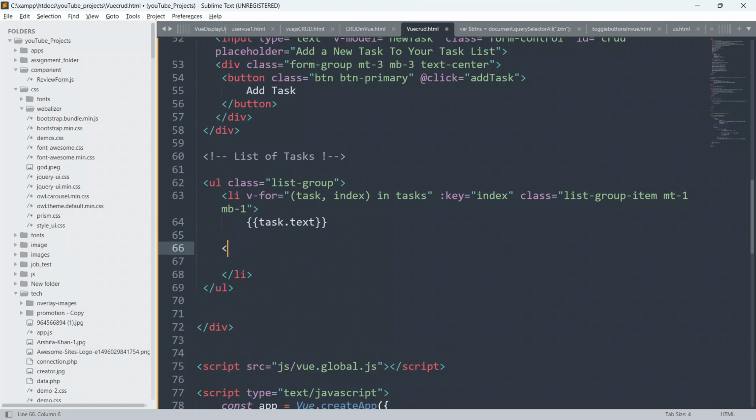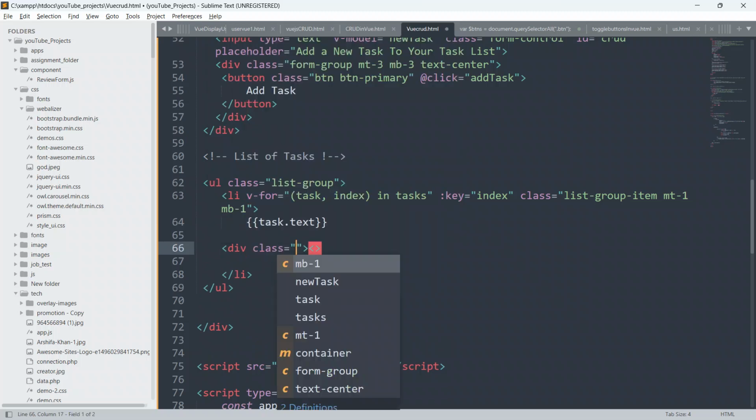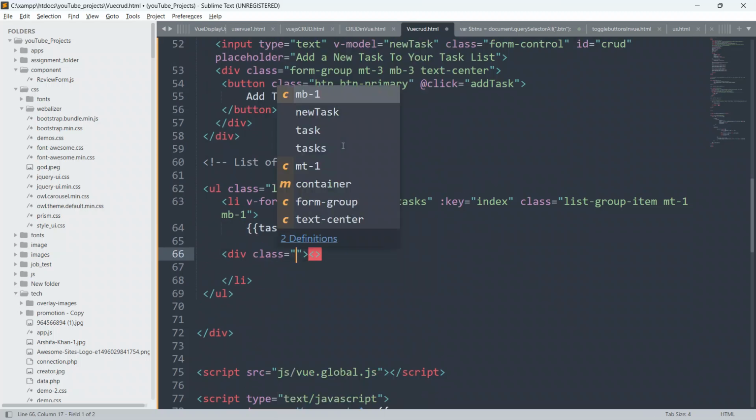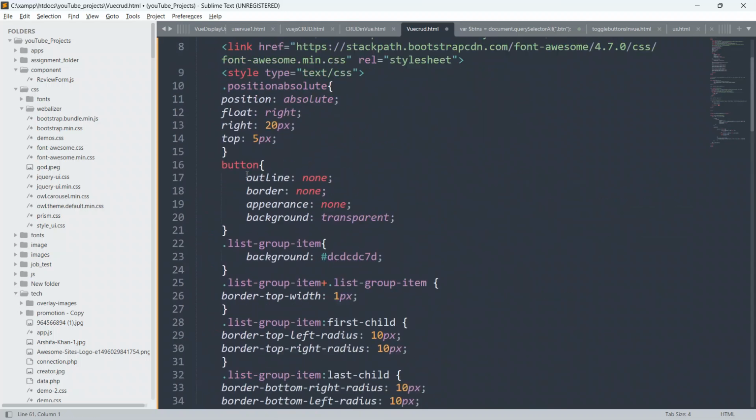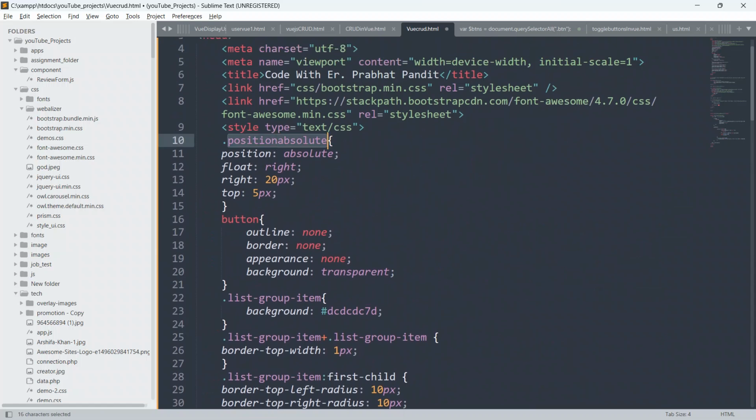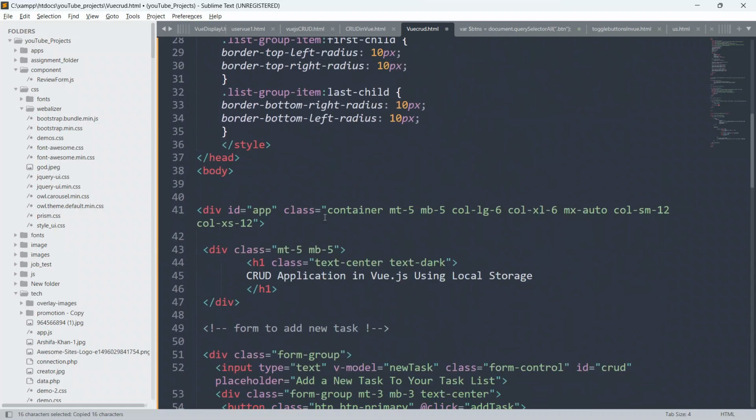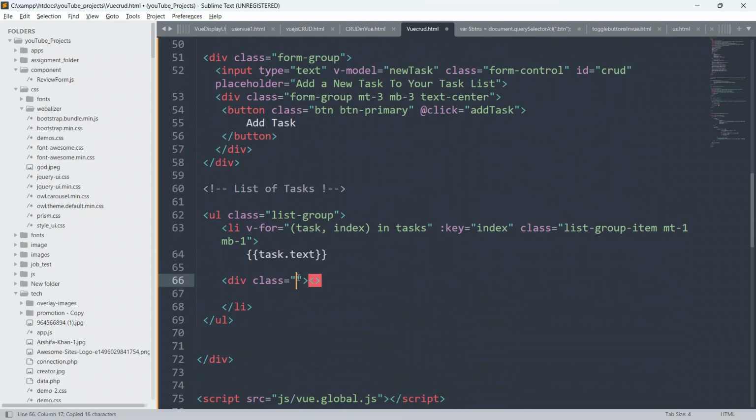I will say here below this I will create a div. Give class as this class, this position absolute, paste here, and close this div now. And inside this div, I'm gonna create two buttons.